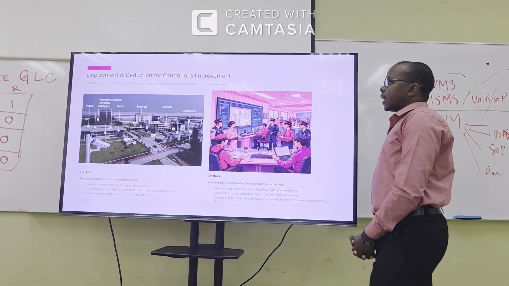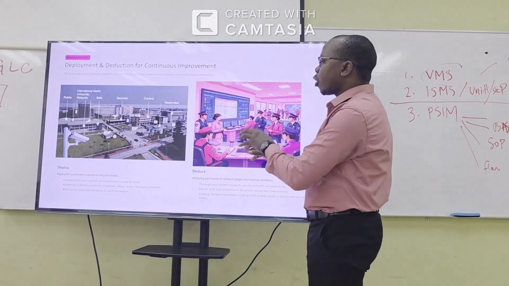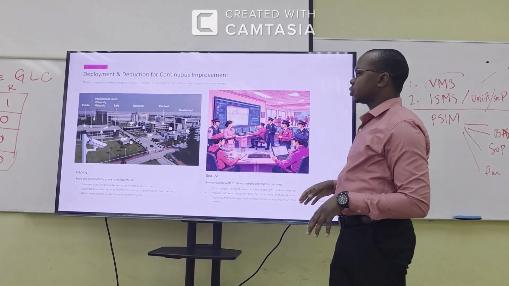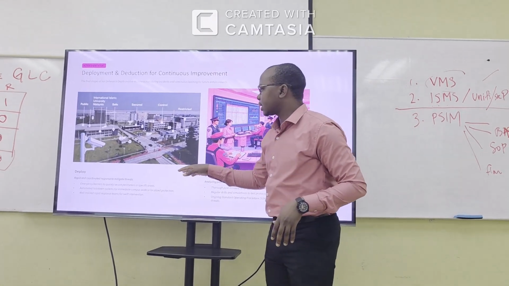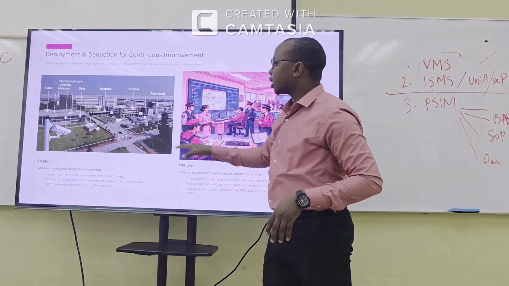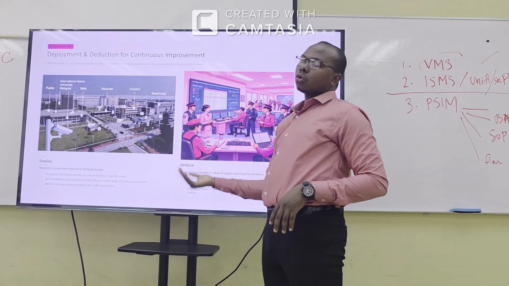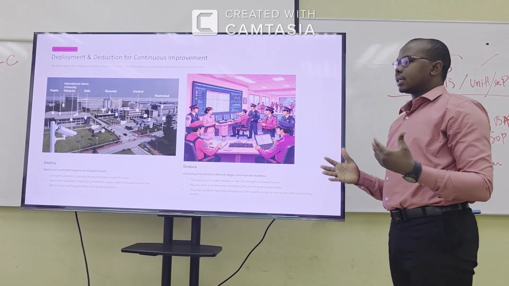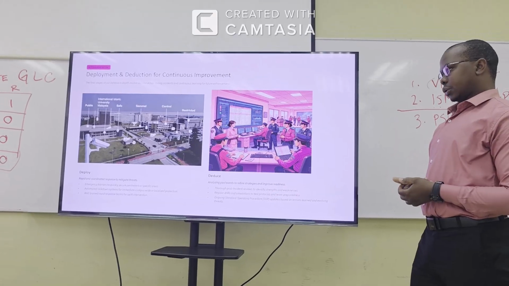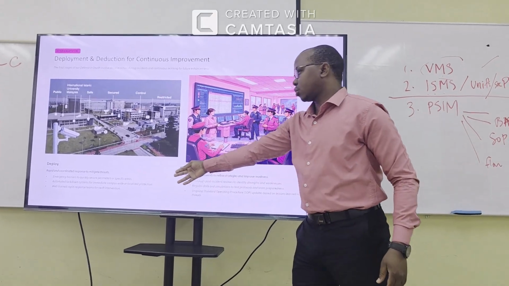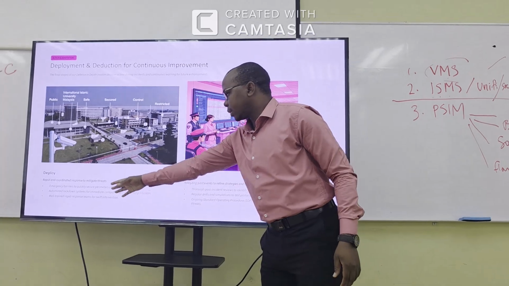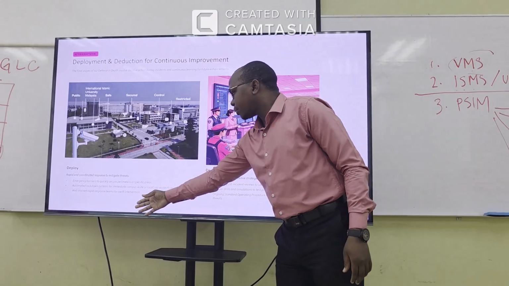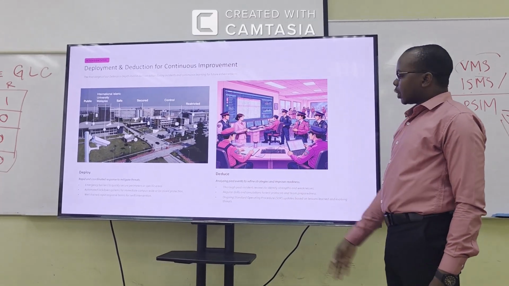Alright, in terms of deployment and deduction for continuous improvement, this is where we are going to put all our physical security measures in place. If you look at them, it has different cameras, different access controls everywhere. We have to put this. Even though people are also contributing, we put this, and at the same time we clear the strategy in terms of deployment and reduction. That is why we say emergency barriers to quickly secure perimeters or specific areas, automated lockdown systems for immediate campus-wide or localized protection, well-trained rapid response teams for swift intervention, and also the use